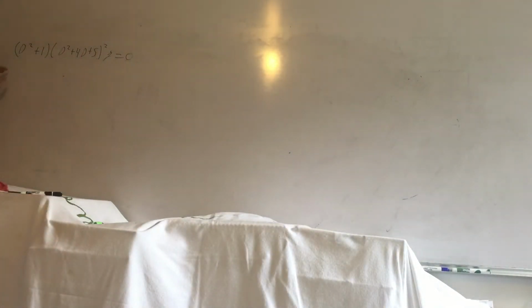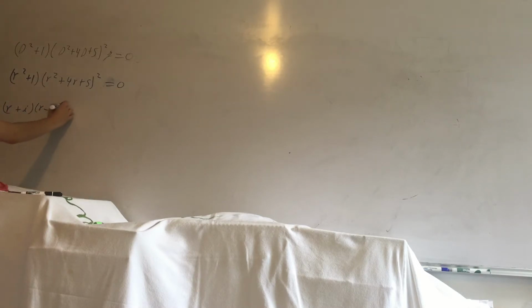Now we have the higher order homogeneous differential equation, (D squared plus 1) times (D squared plus 4D plus 5) all squared applied to y equals 0. So the characteristic equation is (r squared plus 1) times (r squared plus 4r plus 5) squared equals 0. This is a square difference involving i. We will have (r plus i) times (r minus i), since minus 1 times minus would be plus,